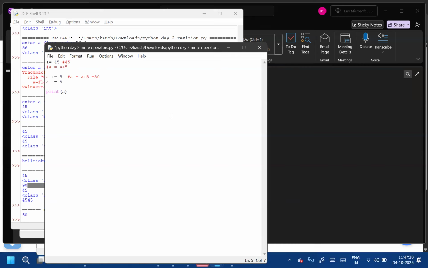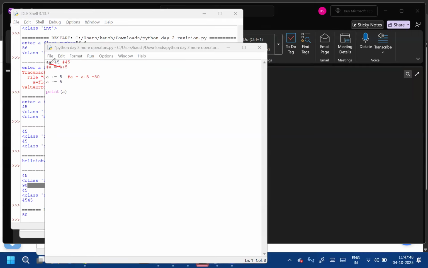Again, here you are saying A is equal to 45, right? So you are taking the value of A from here. But there is an equal to sign here, right? So what happened? The 45 is removed and 50 is put here. So the current value of A is